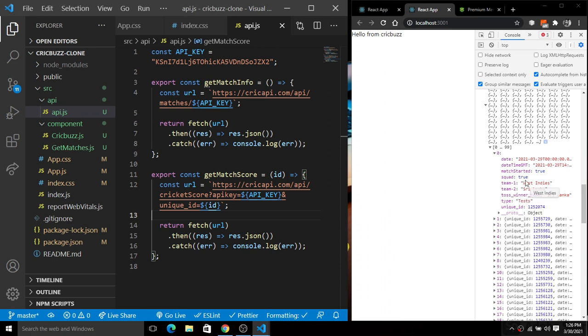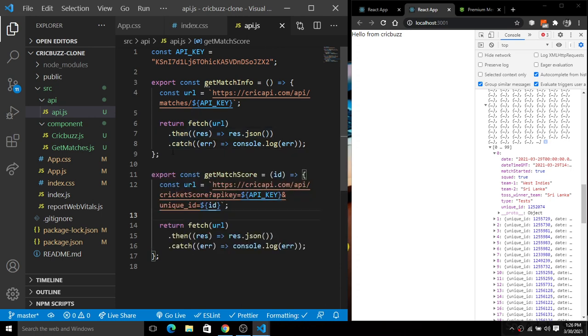Next, you can see we have two matches, West Indies versus Sri Lanka, toss winning team, type test, unique ID, match started, and date, time, and everything there. Fine. So we have a range of data here.